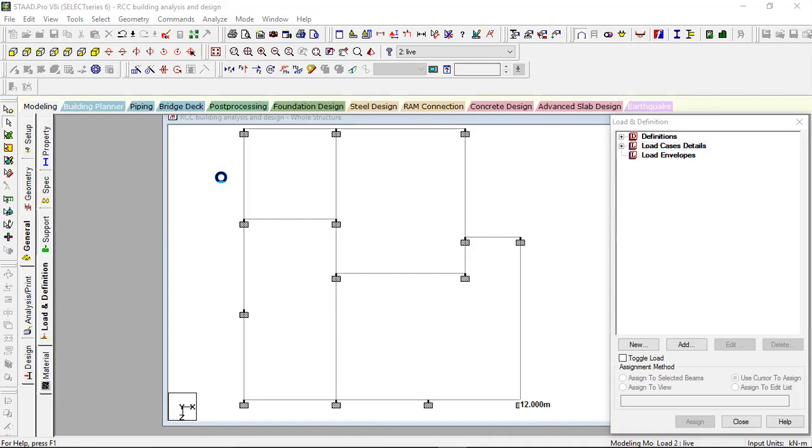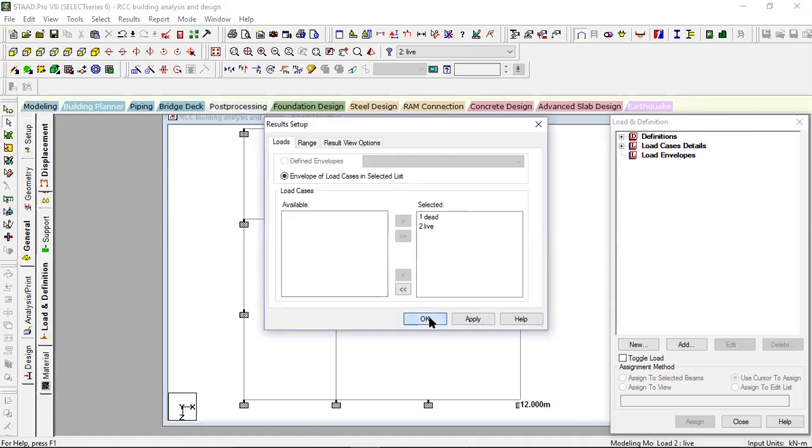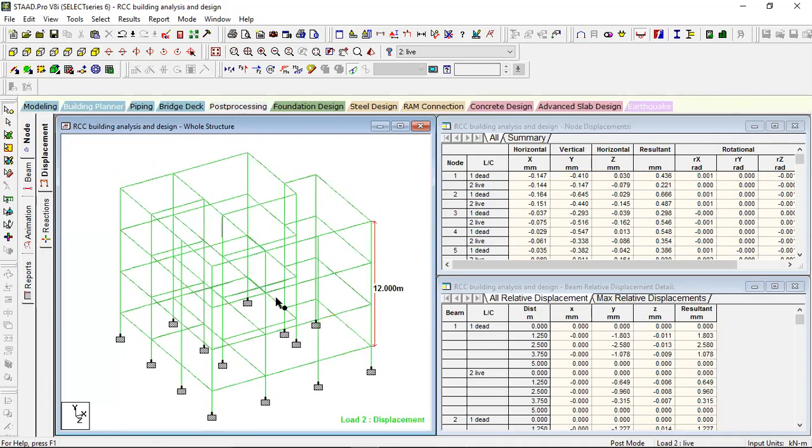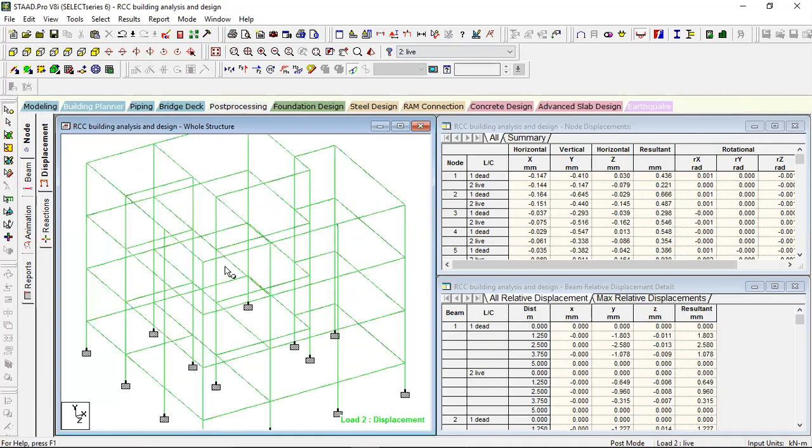But the reactions, applied loads, everything, these are important for design purposes. So let us check the results. What we need is actually bending moment and shear force in every element. So I have to remove this 12. How to remove the node to node display dimension? I will click on it, it will be gone.